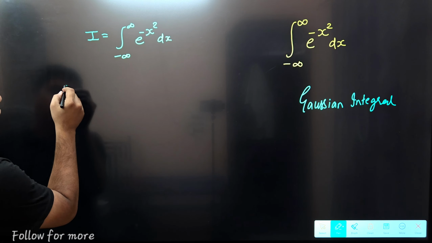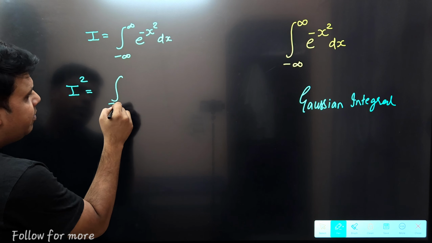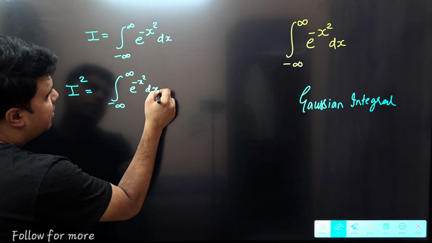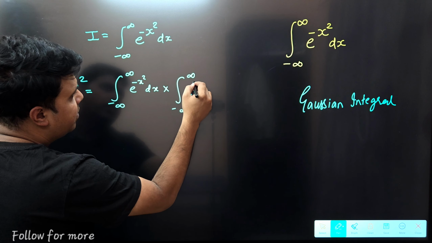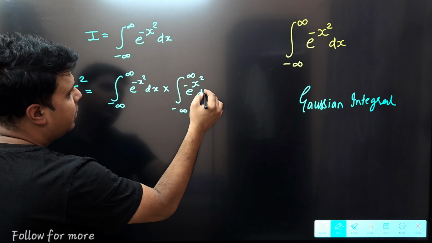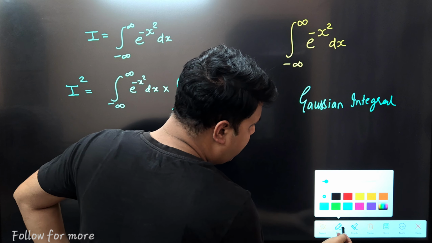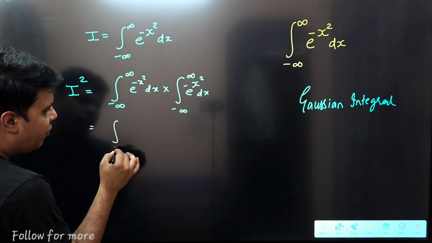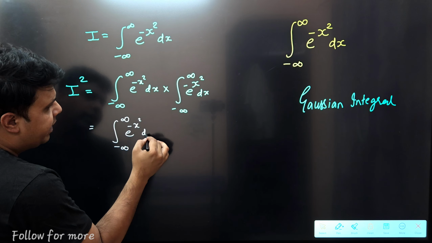So first of all, I'm going to square it. If I square it, it means that I have to multiply this by itself 2 times. Once I multiply, I can change the variable also, right? I'm going to change the variable of one of the integrals, e power minus x square dx,